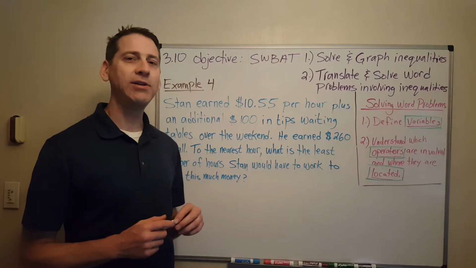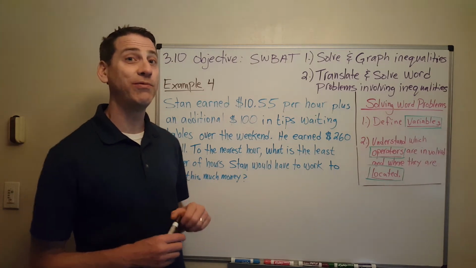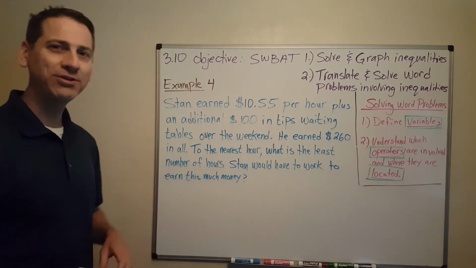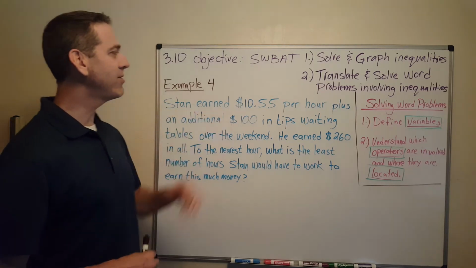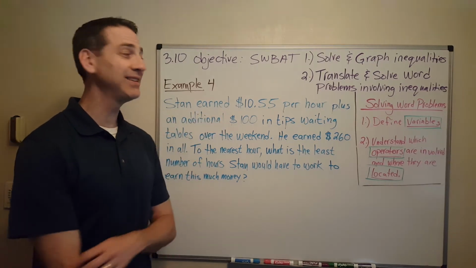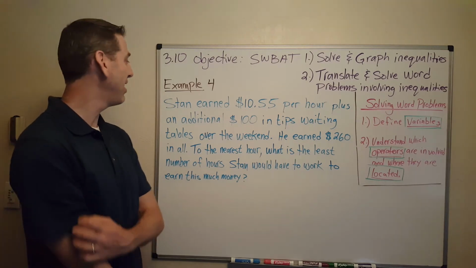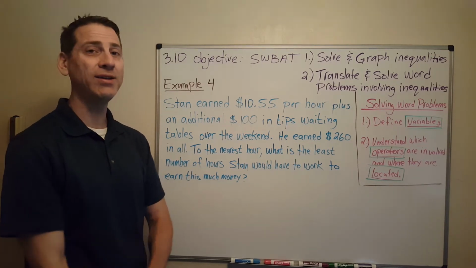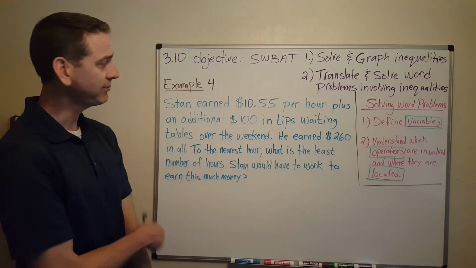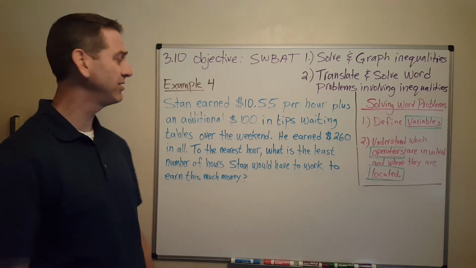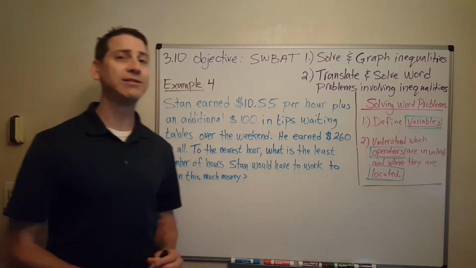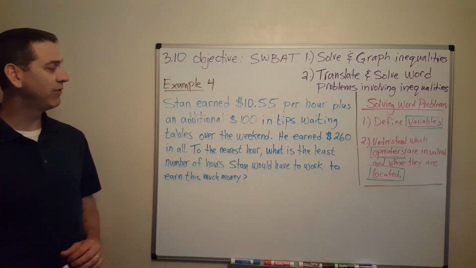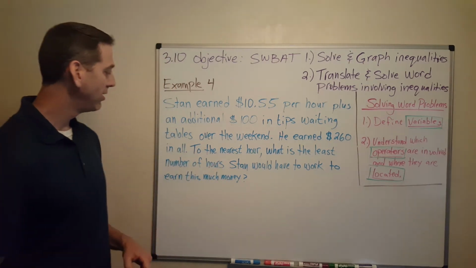All right, so now let's take a look at example 4. I hope you're starting to get the hang of this, right? So, all right, Stan earned $10.55 an hour plus $100 in tips waiting tables over the weekend. He earned $260 in total. To the nearest hour, what is the least number of hours Stan would have to work to earn this much